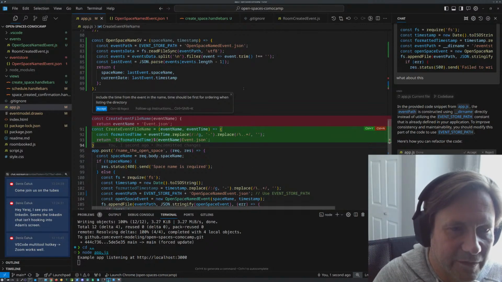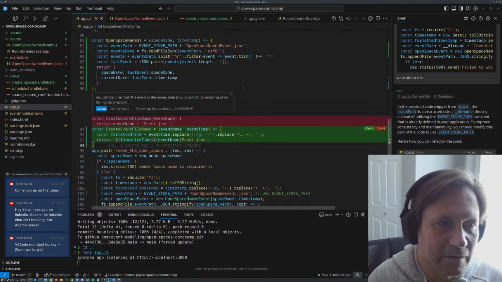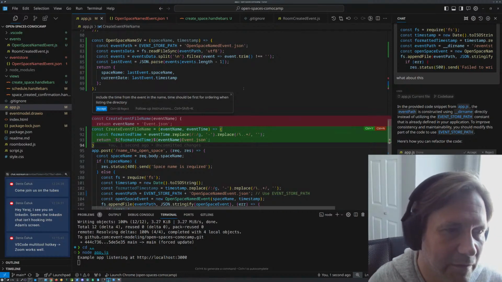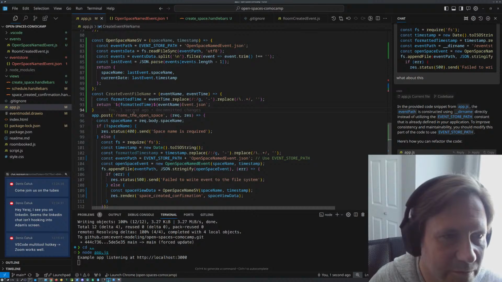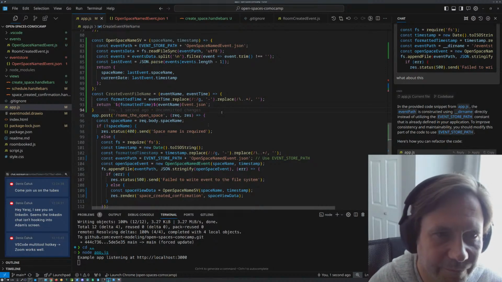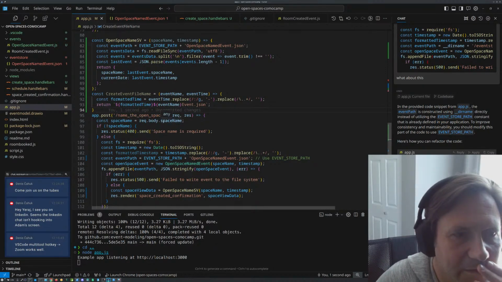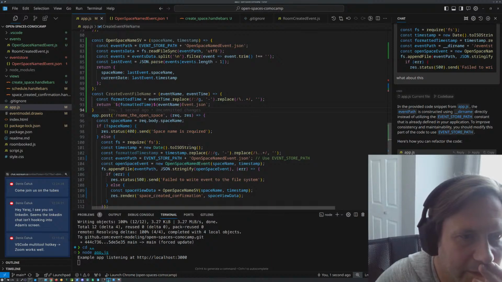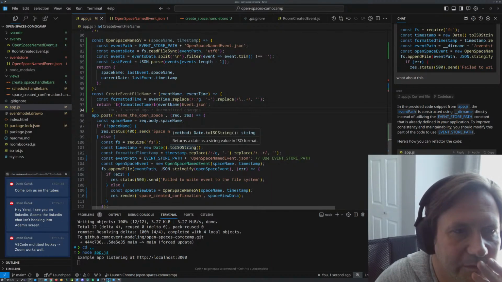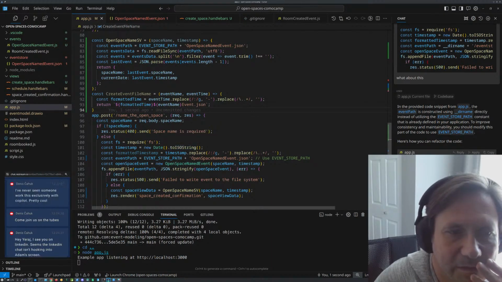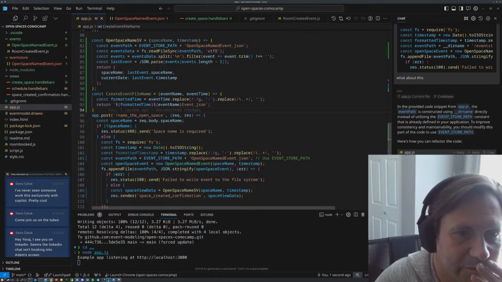So formatted time, that, and I think that's good enough. Except, so we have create event file name, and now we can get rid of all of this. Event store path, so it should have.